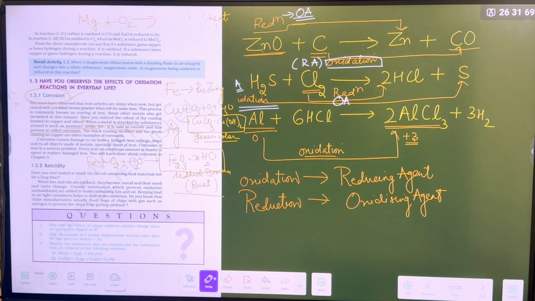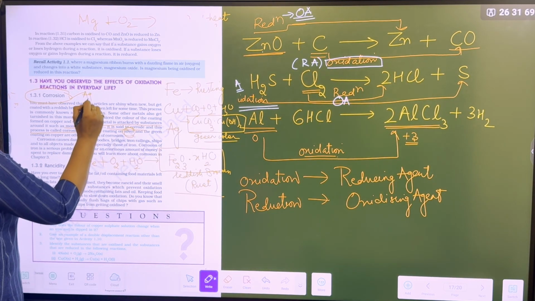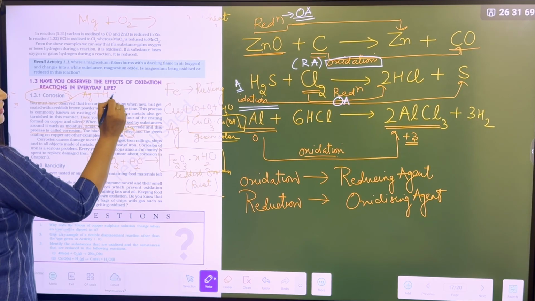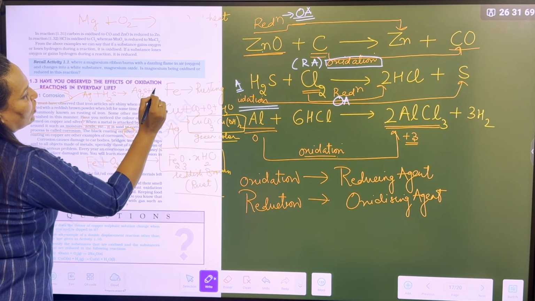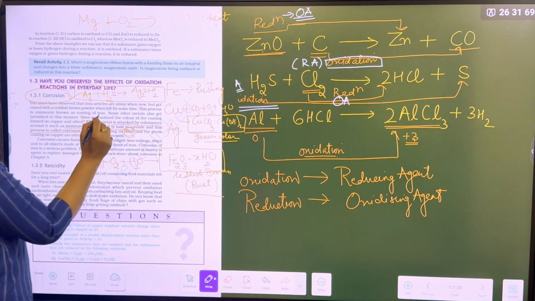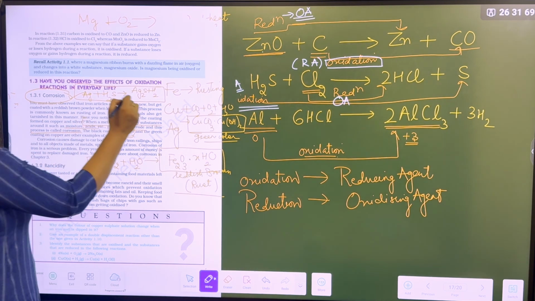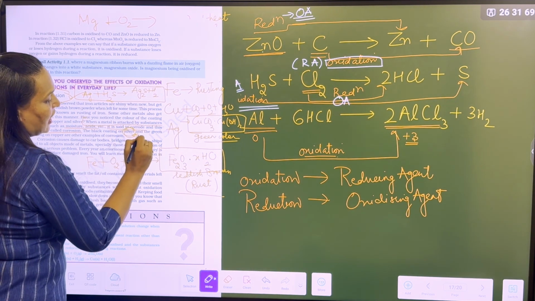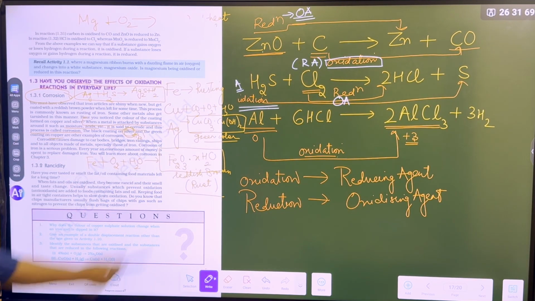And what about the third? Silver metal. Silver reacts with the sulfur compounds in the air to form the black coating of silver. This is a black coating of silver, right? What is the black coating represent? Ag2S. And the green coating on copper, what is the green coating on copper? Copper carbonate, copper hydroxide. They are the example of corrosion.